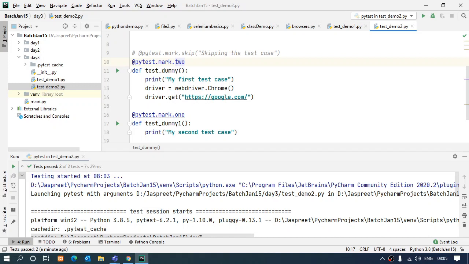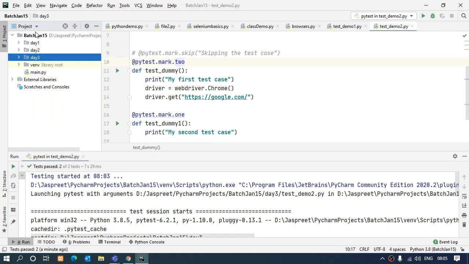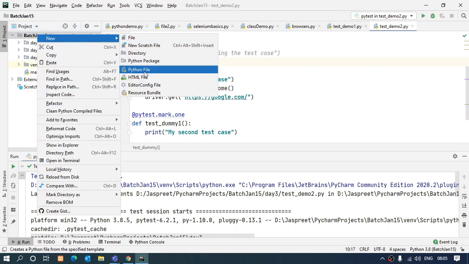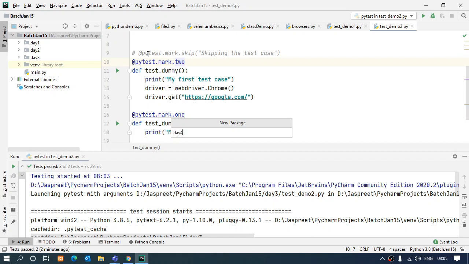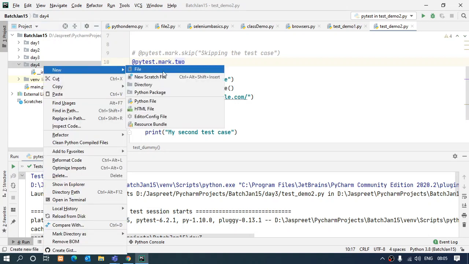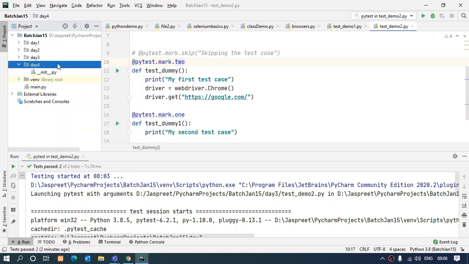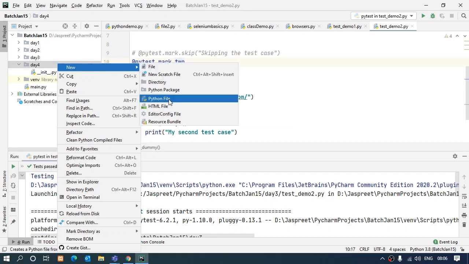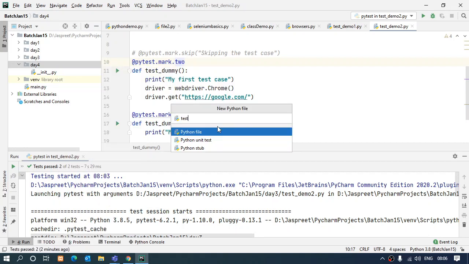Okay, next, which is important: how to parameterize the test case, right? And why is it so important that we are discussing it over here? So over here, if I make one more package, day 4, and inside this, let's name it parameterize.